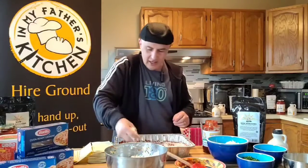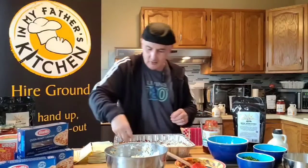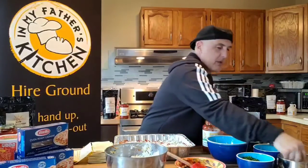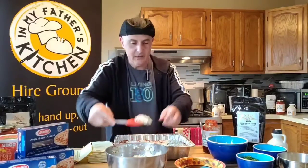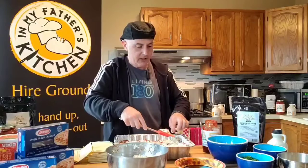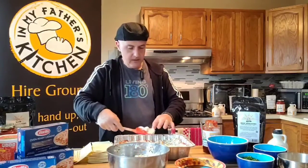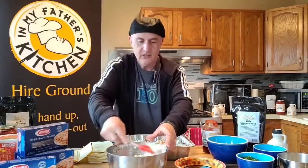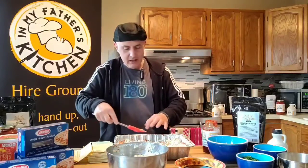Mozzarella. Again, this is repeat. Again, repeat. That's all we're doing over and over again here. We're just making layers. Grated cheese. Now I'm going to put more ricotta on this layer than I did on the first layer because I didn't put any on the second layer. Okay. Ricotta cheese is going down. And just like I'm making layers